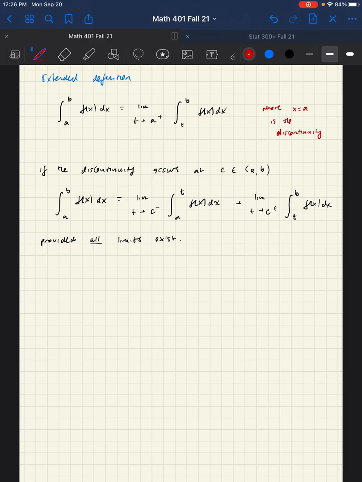So you will have to get comfortable again with identifying discontinuities. And just to clarify what's happening here, in terms of the example that we started with, the integral from -1 to 2 of dx over x really is the limit as t approaches 0 from the left of the integral from -1 to t of dx over x,